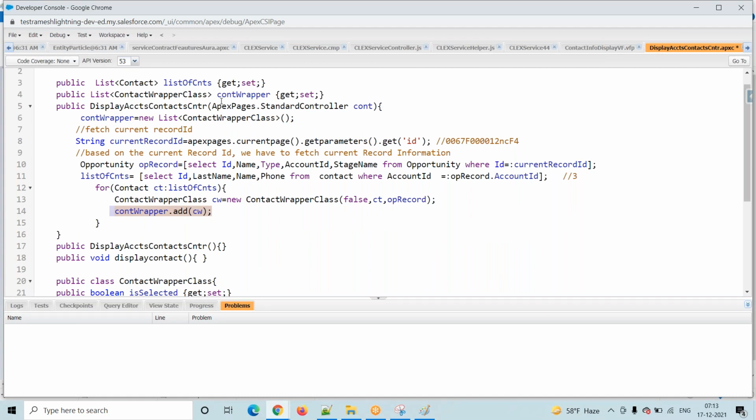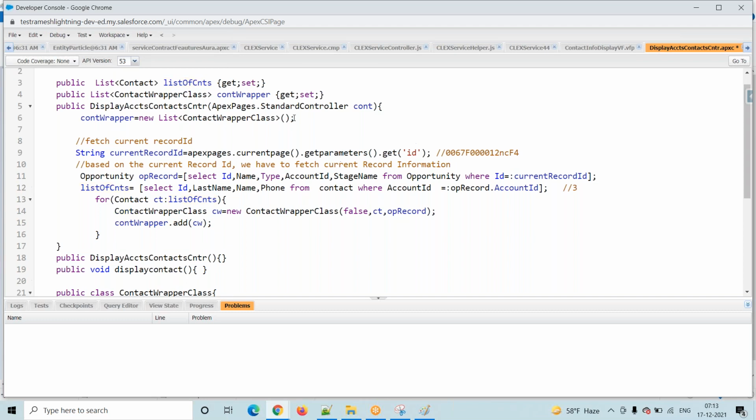But here you have to observe this is a list of contacts, right? For a list of contacts also, if you want, you can go and initialize it, equals new list of contact, no problem. Whether you initialize or not, because this is a SOQL query, that's why we did not initialize. This is not a SOQL query, we are adding the data, and this is a SOQL query result.